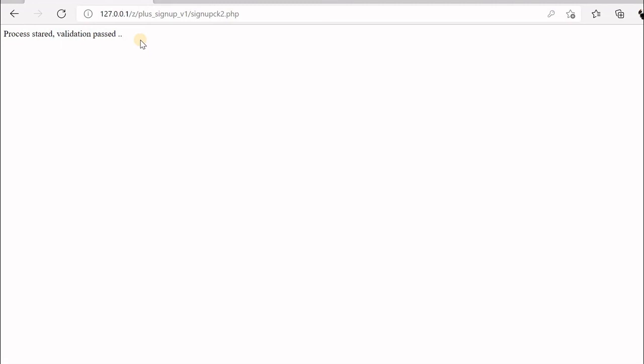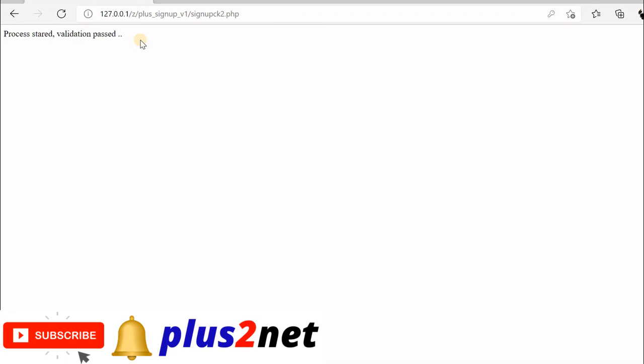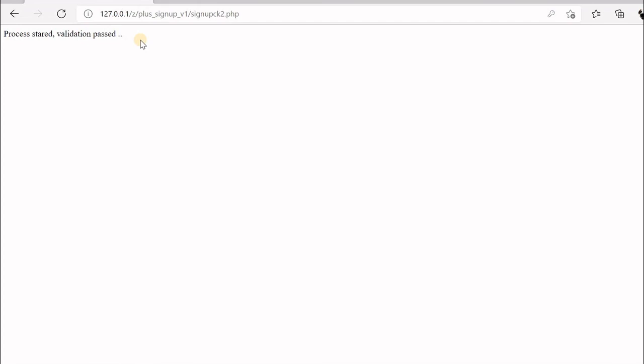So now in this process we'll add, since the data validation is cleared, we can push the data to the MySQL database. There are a few more validations we have not covered intentionally because we are not connected to the database. Suppose you have entered a user ID and that user ID is already available, that you can check only by going to the database, it is one more validation but it requires a database connection again. So at that time you will check whether the user ID is available or not, and then in that case also validation will fail, and you have to tell, look, you have to change your user ID. So this is how it works.